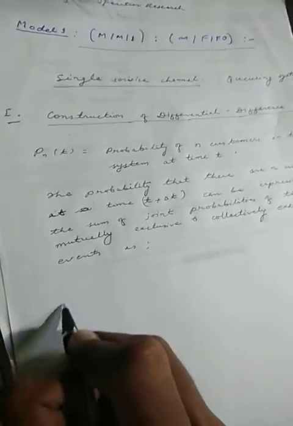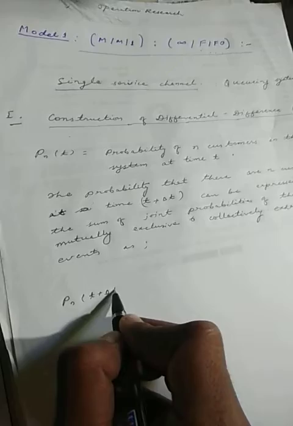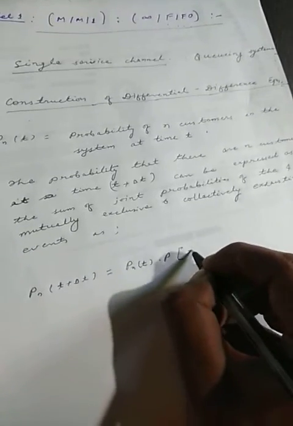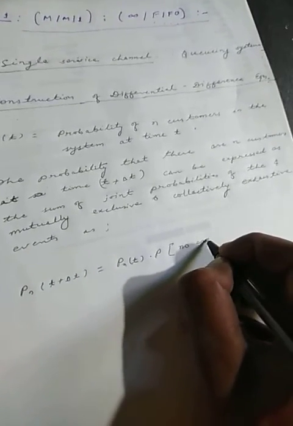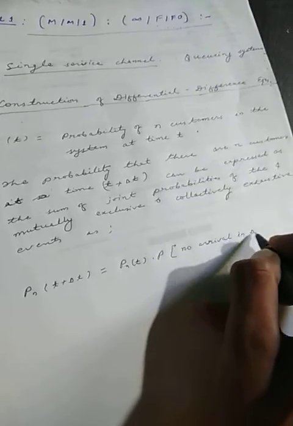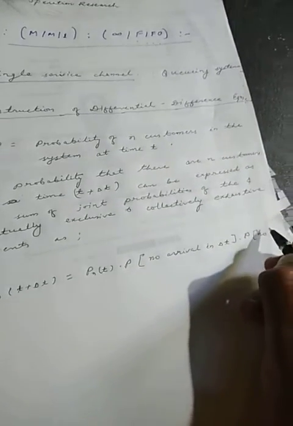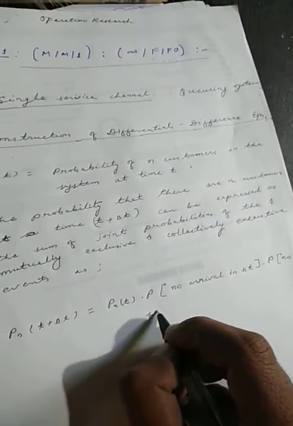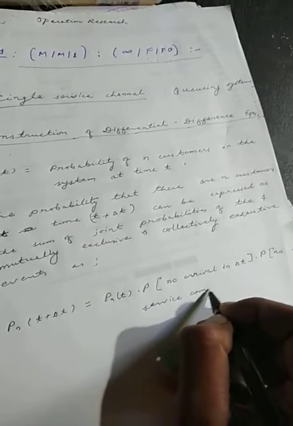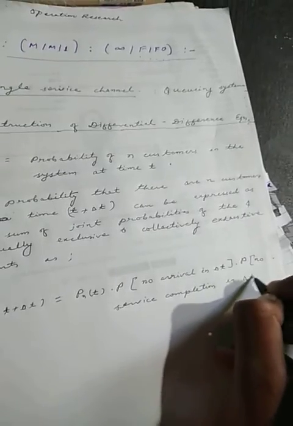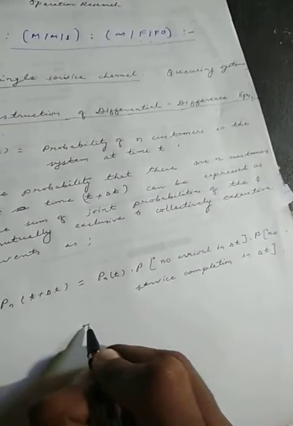Okay, so Pn(t plus delta t) is equal to Pn(t) into probability of no arrival in delta t time, into probability of no service completion in delta t time. Okay, plus